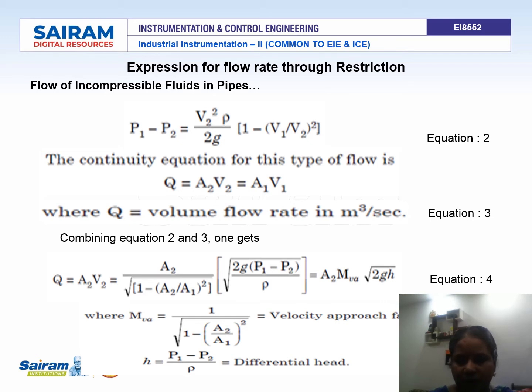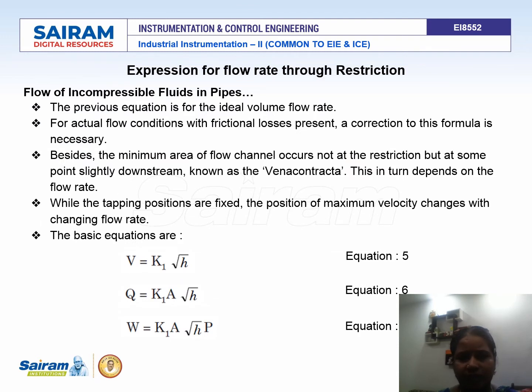And we also have a parameter H, which is P1 minus P2 divided by rho, the differential head. The velocity and flow rate equation that we have derived gives the ideal volume flow rate. For the actual flow rate condition with frictional losses present, a correction to this formula is necessary. Besides, the